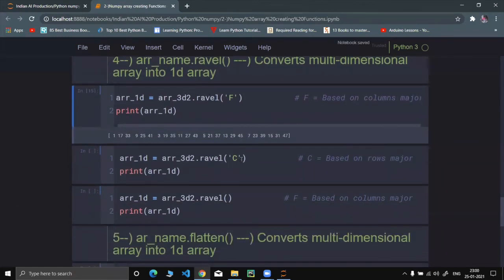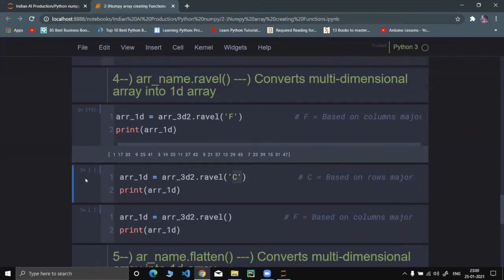And suppose we change the parameter to C, then it would be based upon row measure, based upon rows.